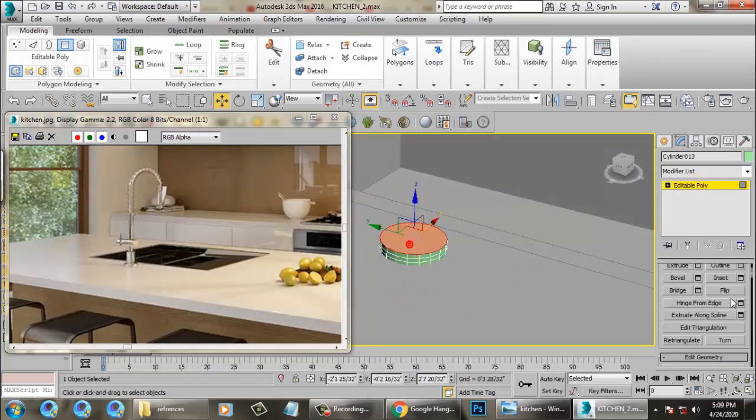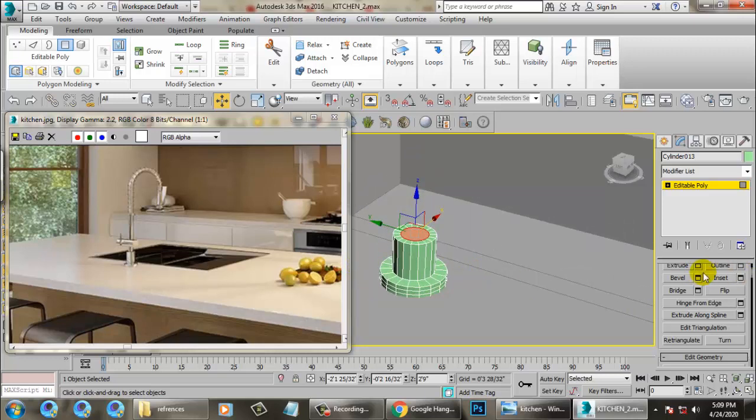Let's go into the polygon and use a bit of inset over here, and extrude it up. Again reduce it, use a bit of inset, not much, and extrude it up in this way.